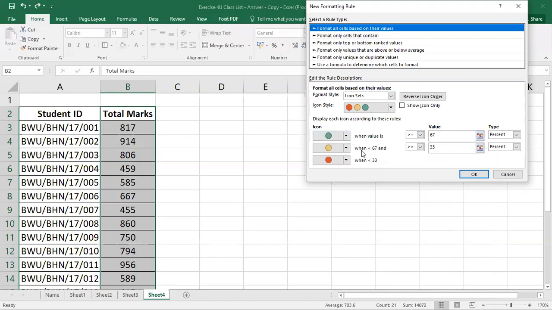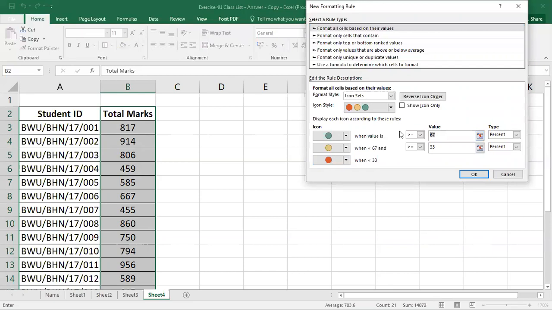When the value is greater than or equal to 33, it will show yellow, and when the value is less than 33, it will show red. But we can customize this value as per our own wish.